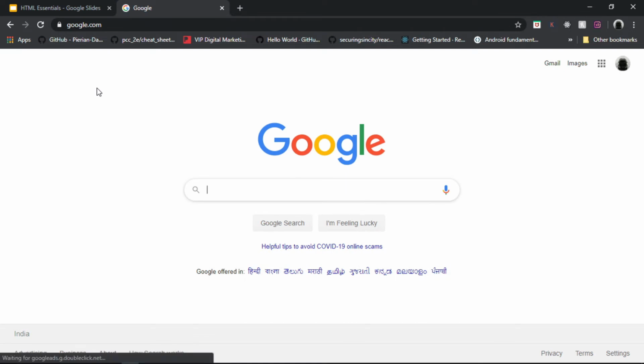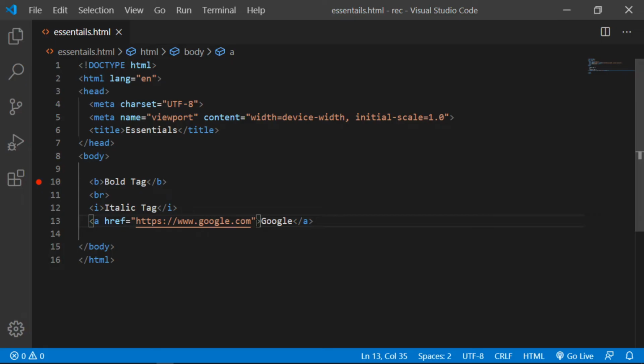Now what if I want to open it in a new tab? Let's see that. For opening your website or your mentioned link in a new tab, you have to give the attribute target the value of _blank. Now there are two values for the attribute target: _self and _blank.